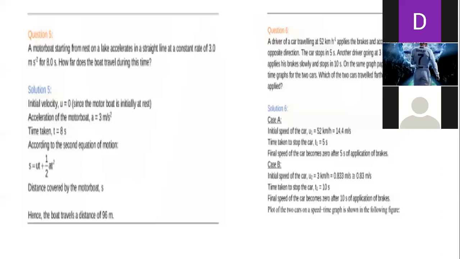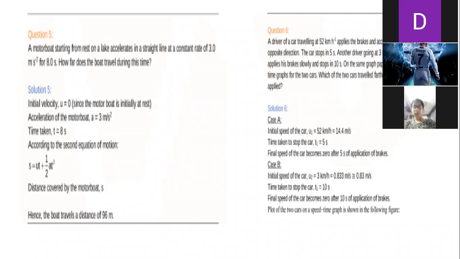Okay, so now can you see the first value? It's nothing but 14.4 meter per second. Initial speed of the car is coming as 14.4 meter per second. So how much was the time taken after applying the brakes? Can you see? The brakes are applied and time taken is 5 seconds. So the final speed of the car becomes 0. After applying brakes, what will happen? The particular car will stop.